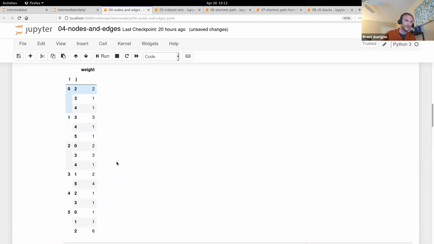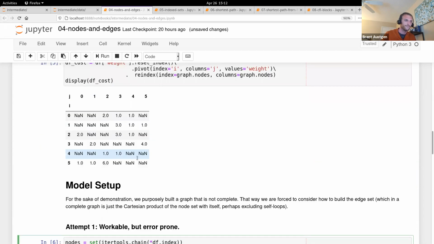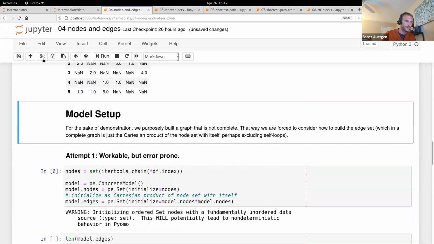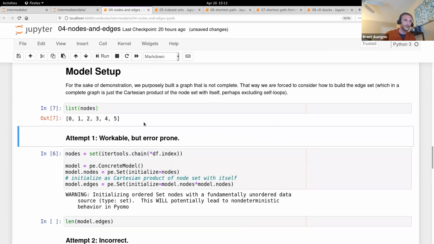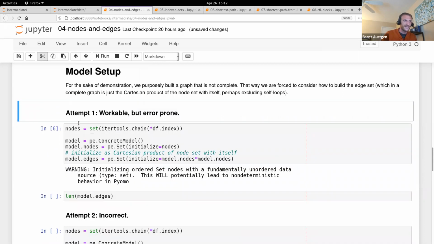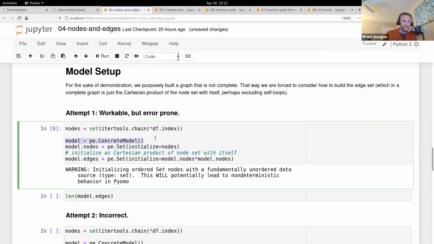So this is going to create a node set. I'll just pop it up here. So list nodes, right? All I did here is say, okay, so our nodes are labeled 0 through 5. That's all I did. And then I'm creating a model. This is exactly what we saw in the introduction tutorial. I'm creating an index set called nodes, and I'm initializing it with this thing that I just set up here,